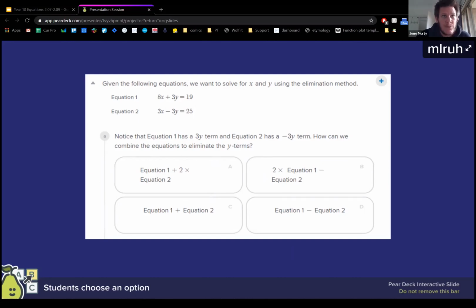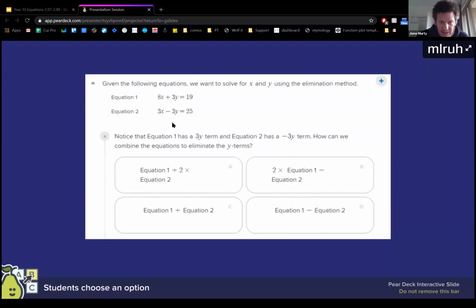So we set them up like this to get you to do it the correct way. What you want to notice in this question is that we have -3y here, and we have +3y here. So we can combine these two equations so that hopefully these two vanish. If I add these two things together, +3y and -3y, that equals 0. So what we want to do is equation 1 plus equation 2, which it looks like those of you that have responded have